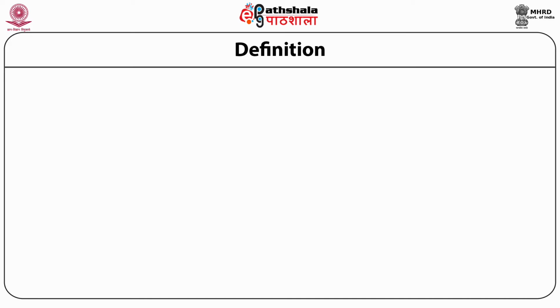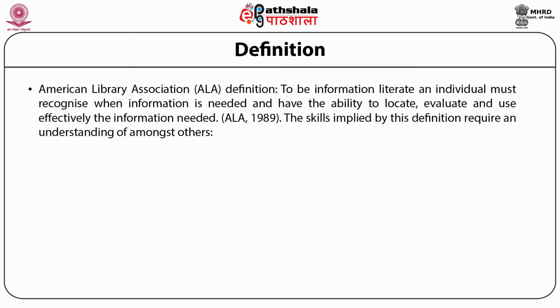Let's see how information literacy can be defined. The American Library Association has defined information literacy as: to be information literate, an individual must recognize when information is needed and have the ability to locate, evaluate and use effectively the information needed. The skills implied by this definition require an understanding of, amongst others,